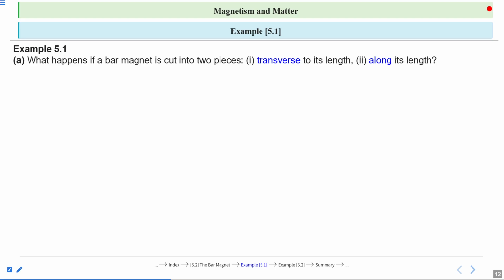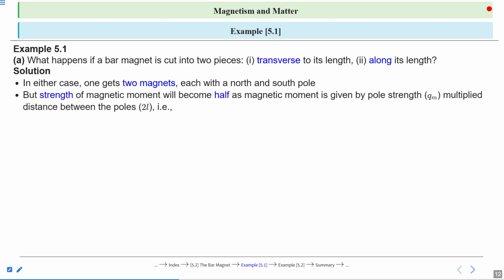This is the A part of this example 5.1. There are 4 total parts, so we will do part by part. So this is the A part. What happens? Let's see the solution. In either case, one gets 2 magnets each with a north and south pole. We have also discussed that monopoles do not exist. If we cut the magnet, it will result in 2 magnets having their own north and south pole, but only the magnetic strength will decrease. So in either case, one gets 2 magnets each with a north and south pole, but the strength of